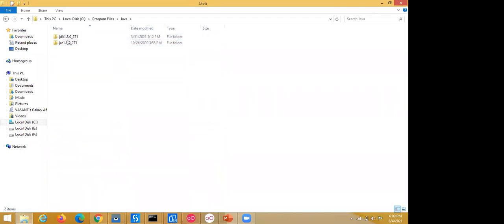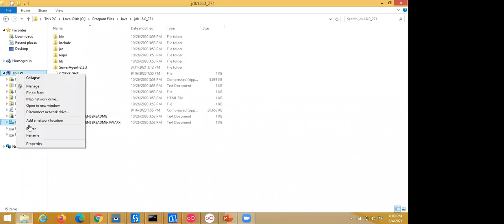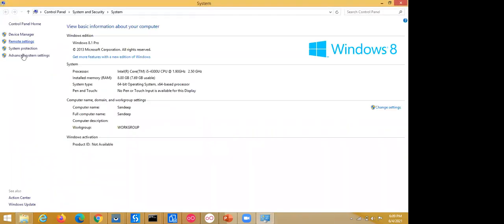Here there are two releases, JDK and JRE. We need to work with the JDK, so we go under the JDK folder and copy this path, because we need to configure the environment variable. Copy this path, go to your environment variables and open advanced system settings.